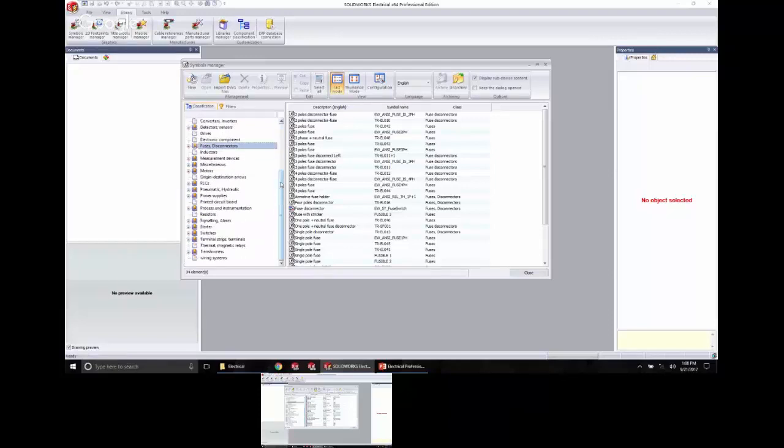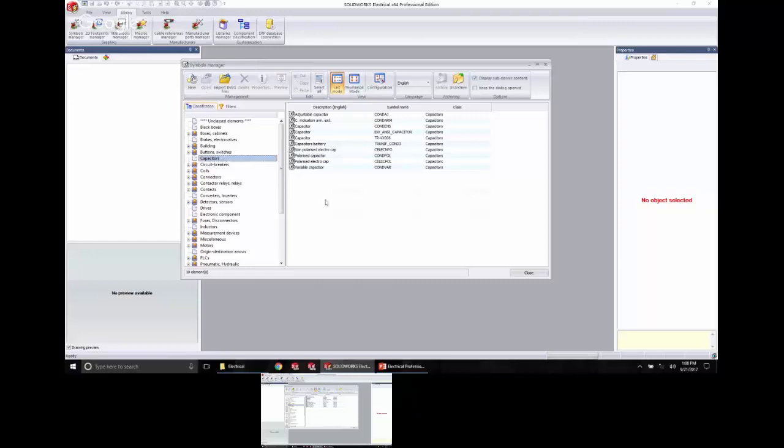But again, this is where you're going to manage your symbols and title blocks. If I go into that symbols manager, every symbol I have in my SQL database, or in your case on your computer, is going to show up here. This is where you would edit symbols, copy symbols, delete symbols if need be. There are a couple of different ways to manage these menus. You can go to the classification tab right here if you happen to know the classification of what you're using. For example, I'm in the capacitors classification, so all these symbols are associated with that capacitor